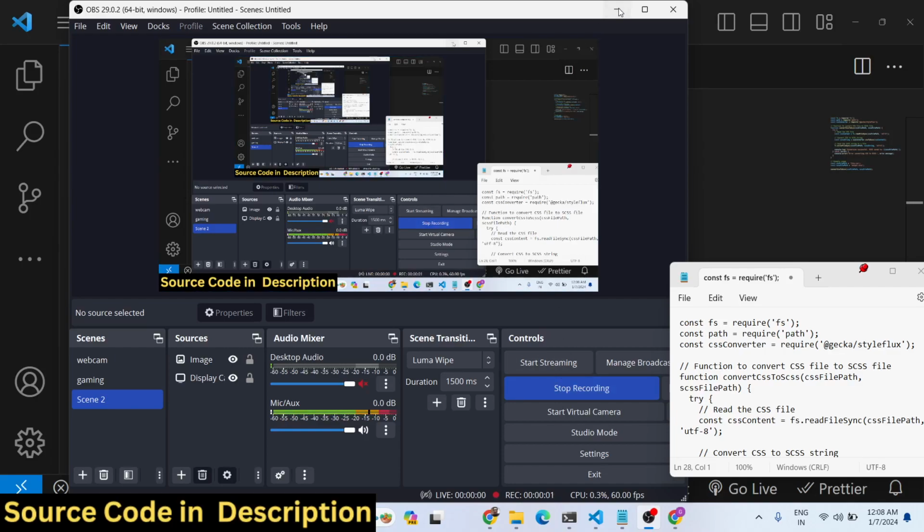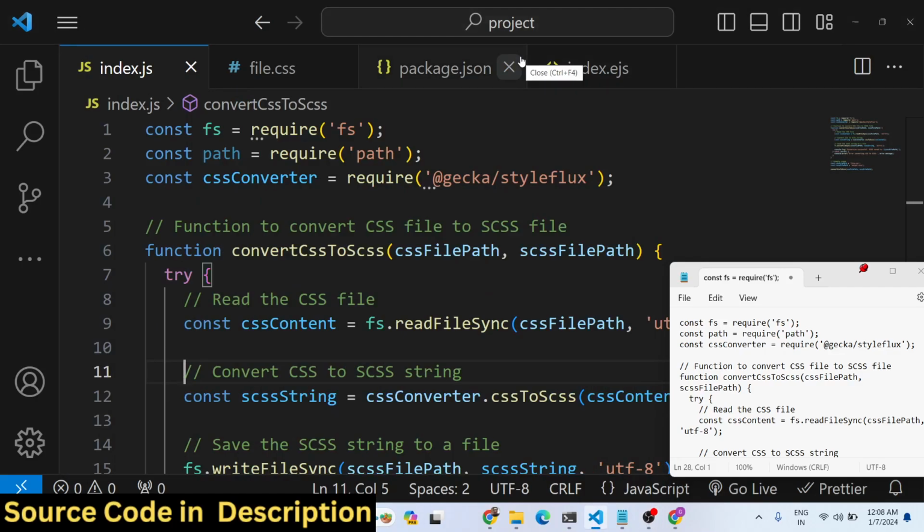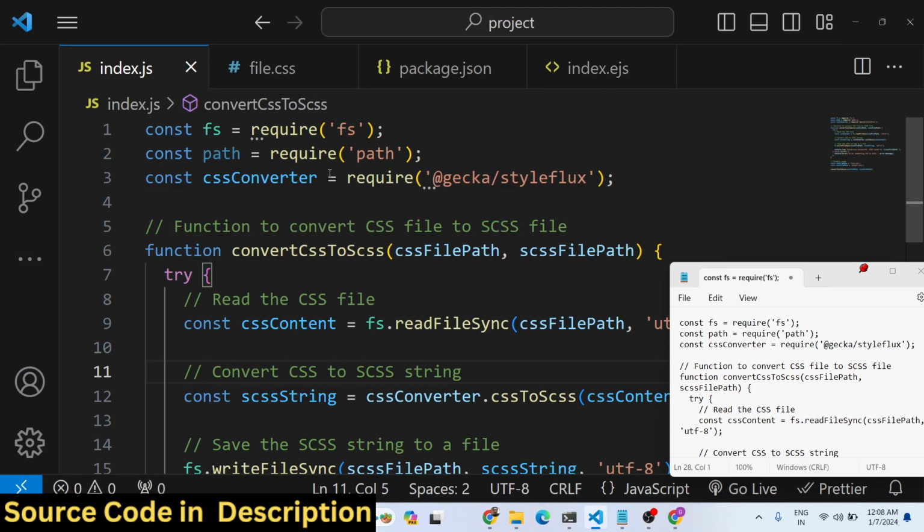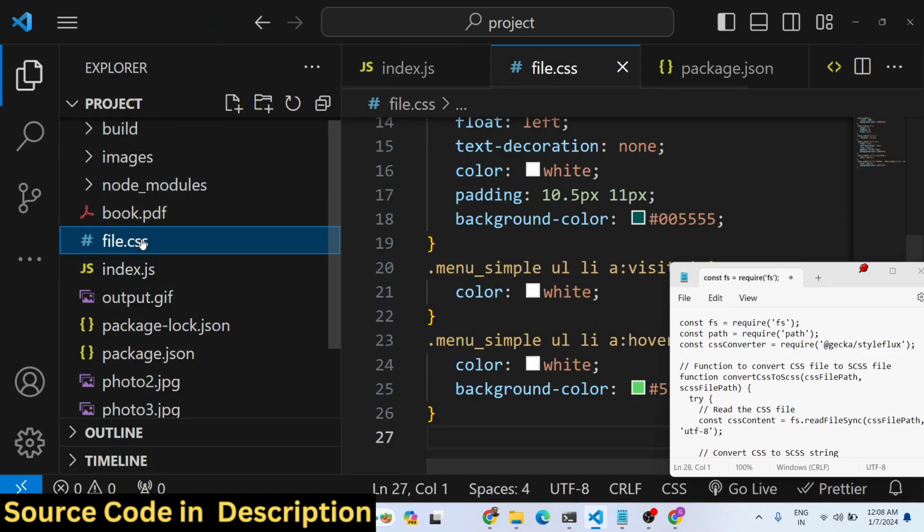Hello friends, today in this tutorial I will show you how to convert your CSS files into Sass files in Node.js using this library called StyleFlux. This is the name of the library, Gecka/StyleFlux. This library allows you to convert your CSS files into Sass files, and I have this CSS file